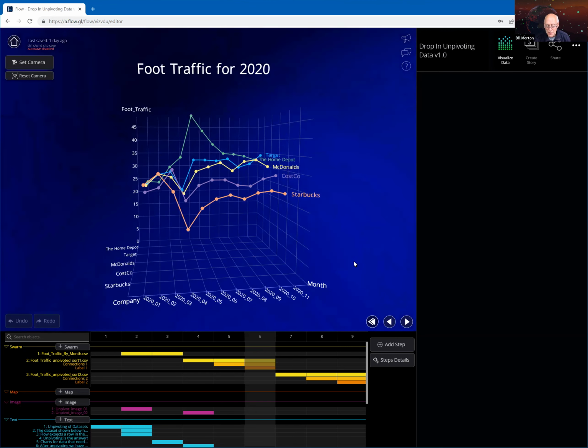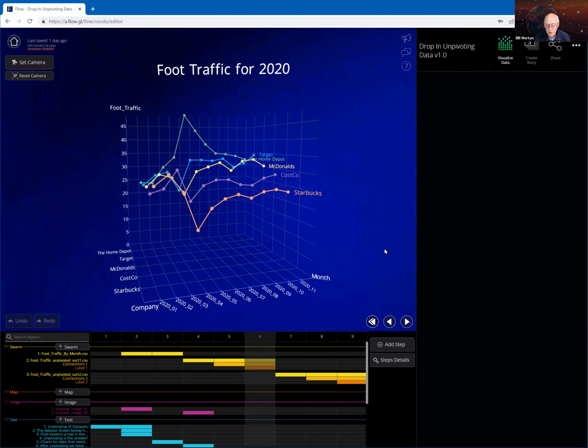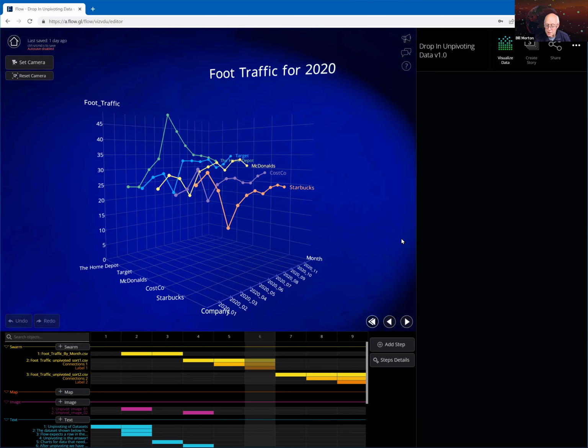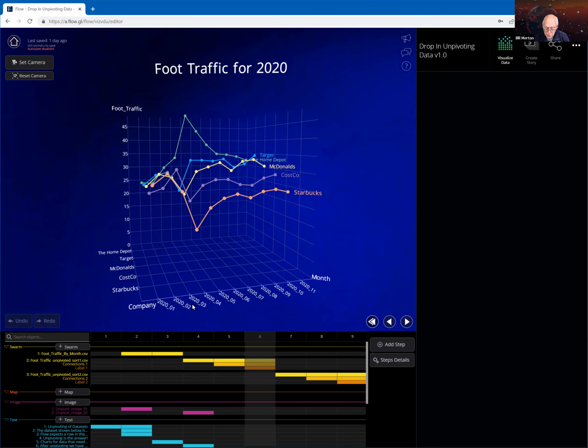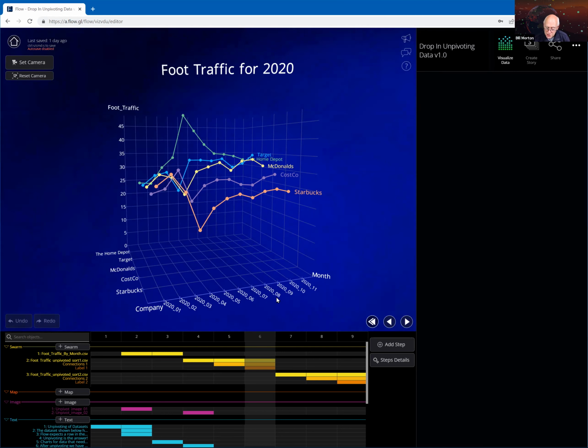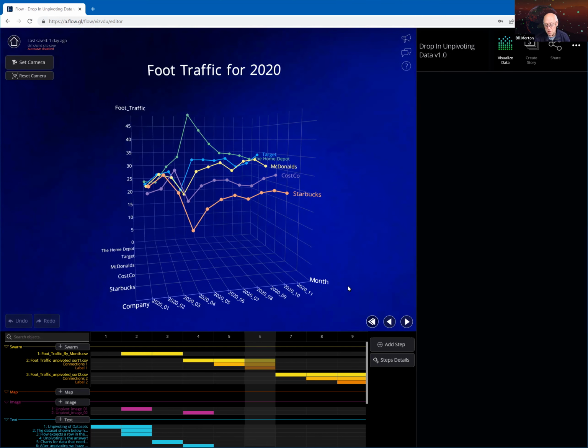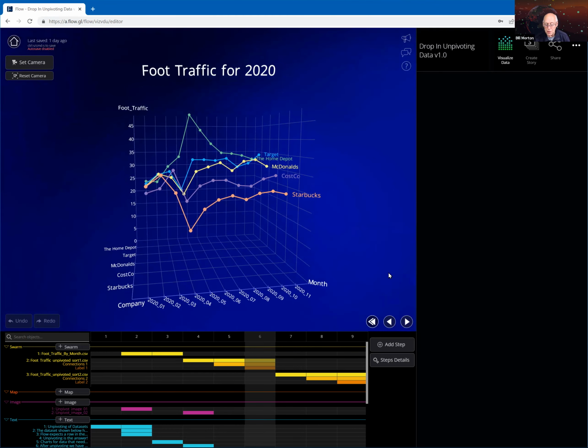And now what I've got is what I would call a classic 3D scatter plot. There are 11 data points for each curve, so there are 55 data points in this chart. I've taken a little bit of time to make my x-axis very readable. I put these labels at a slant, and I've modified in a minor way some of the font sizes just so that the data in this chart looks really good. These 3D scatter plots are very useful. They're very common in Flow. It's kind of hard to find a flow without at least one